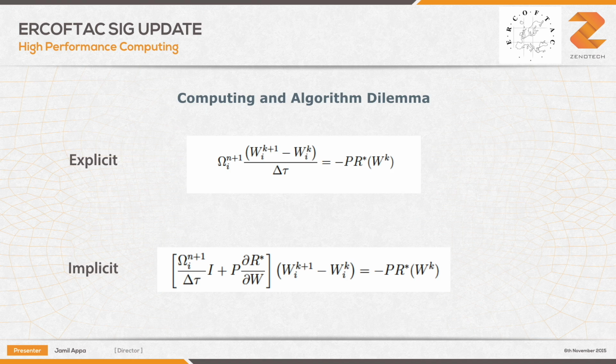So this is what I've been calling the computing and algorithm dilemma. The two equations you can see on the screen there hopefully are familiar to you, and they form broadly the two main ways that we tend to solve the Navier-Stokes equations in CFD. The first one is usually termed the explicit method, where we're marching our solution in time based on an approximation of the right-hand side, but using the old time steps. As you can see there, R of W^k, we're using an approximation using the previous time step to give us a march in time,